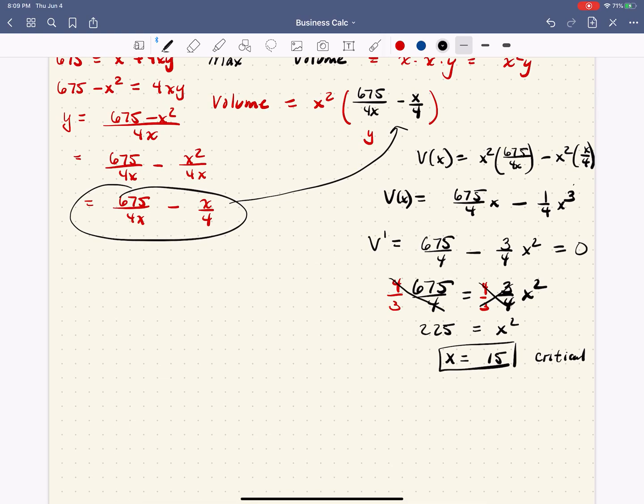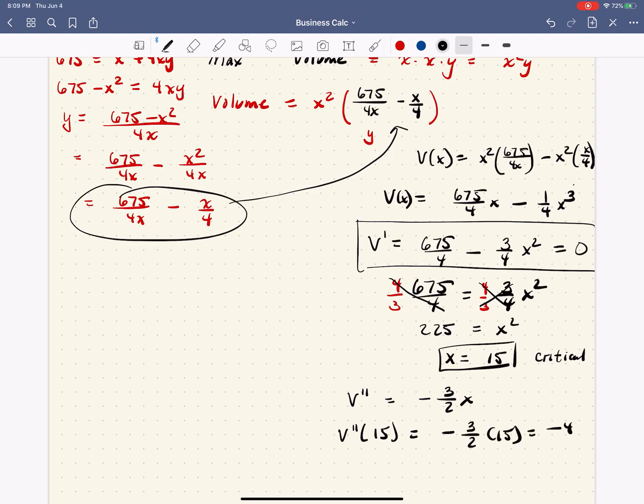So just for variety, I'm going to take the second derivative. And notice for the second derivative, it's really easy to do that because my expression is really simple here. The derivative of 675 over 4, that's a constant, so that derivative is 0. The derivative of negative 3/4 x squared is negative 3 halves x, right? Because the 2 times a fourth is a half. And then if I take my second derivative at 15,